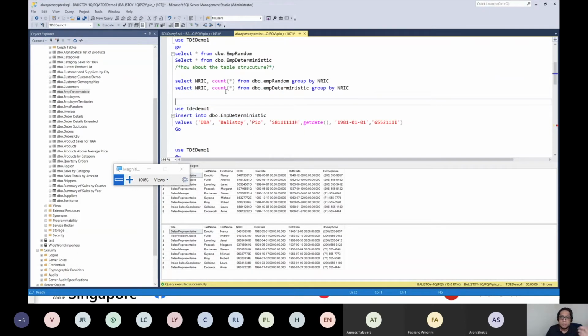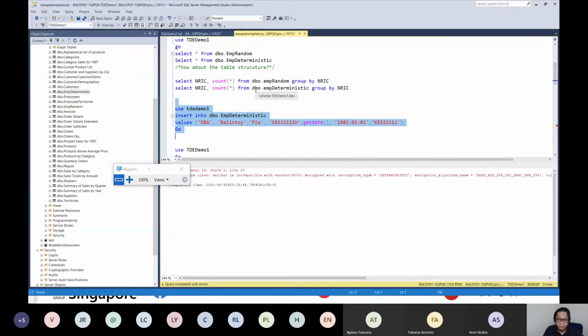So how do we insert data? For Always Encrypted, let's try here. My connection is already using Always Encrypted on, right? But I won't be able to insert data. For Always Encrypted,